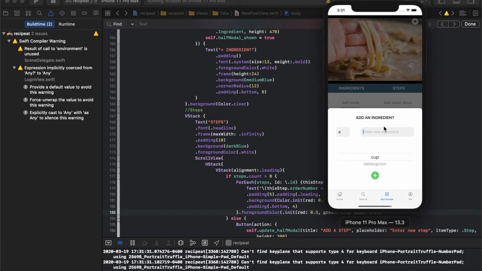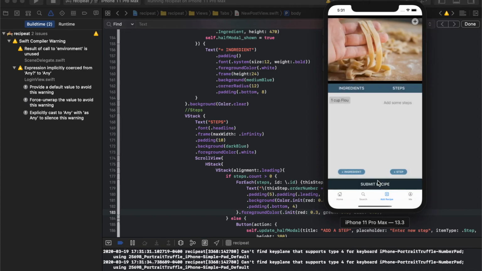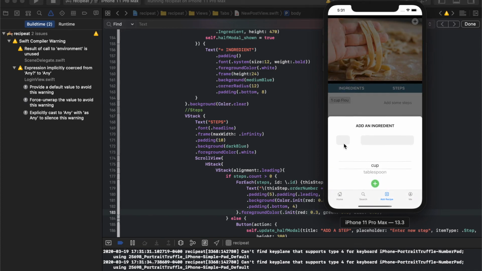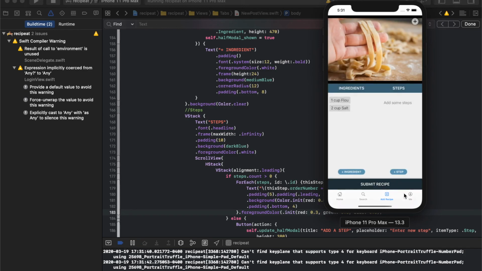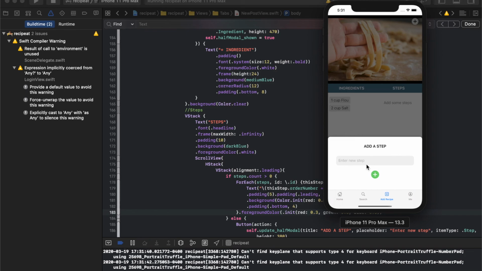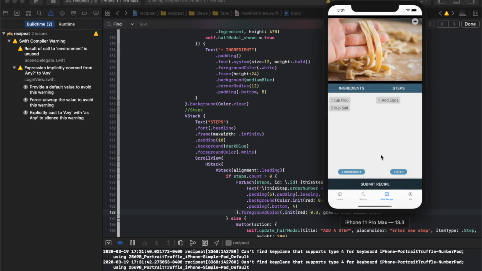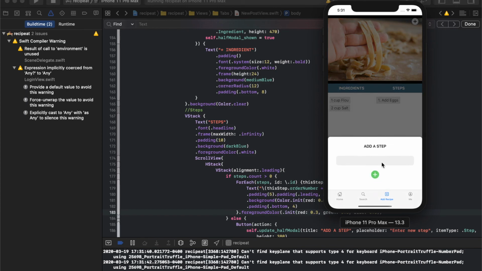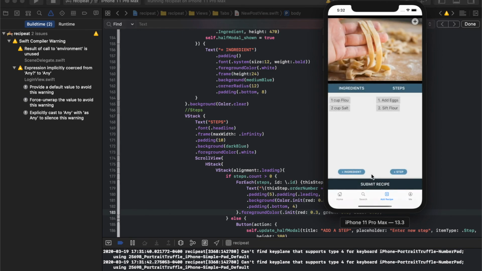So 1 cup of flour. Say 2 cups of salt. Okay, that's a nice spacing right there. This one will say add eggs. Sift flour. All right, it looks good. Okay, we'll keep moving along in the next